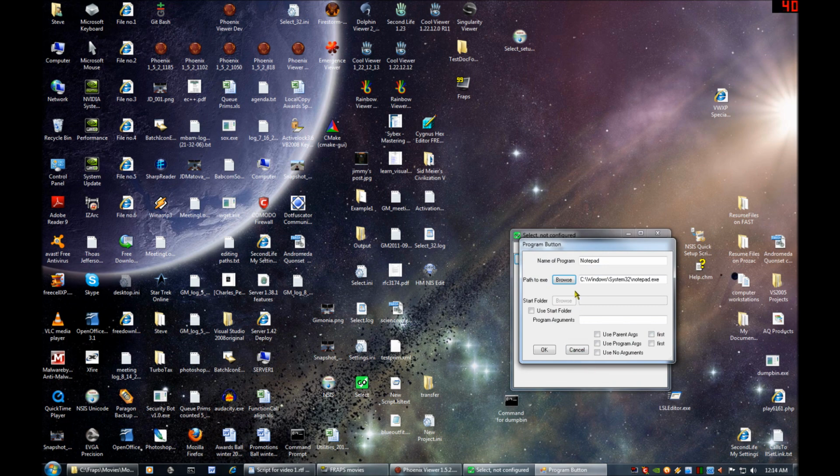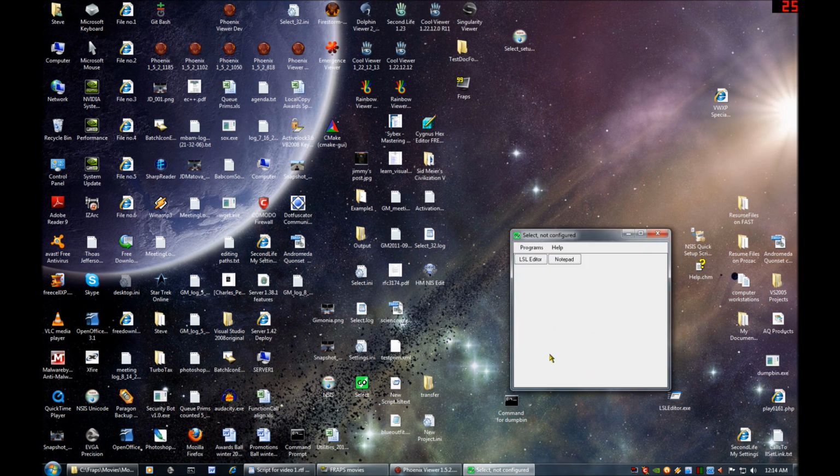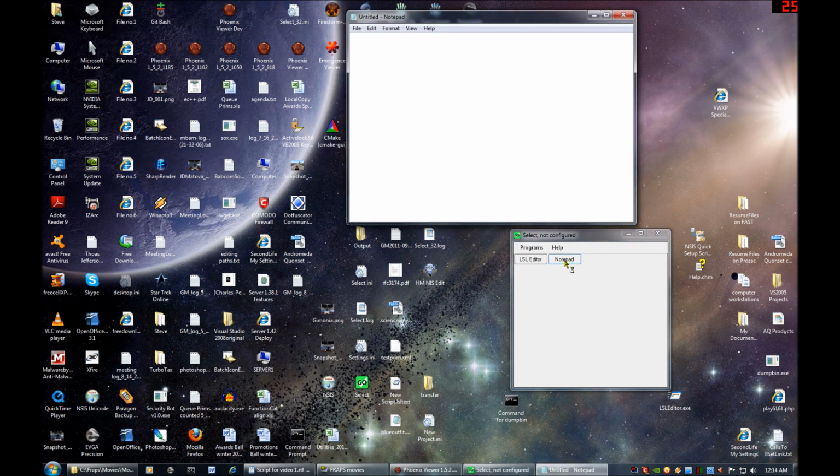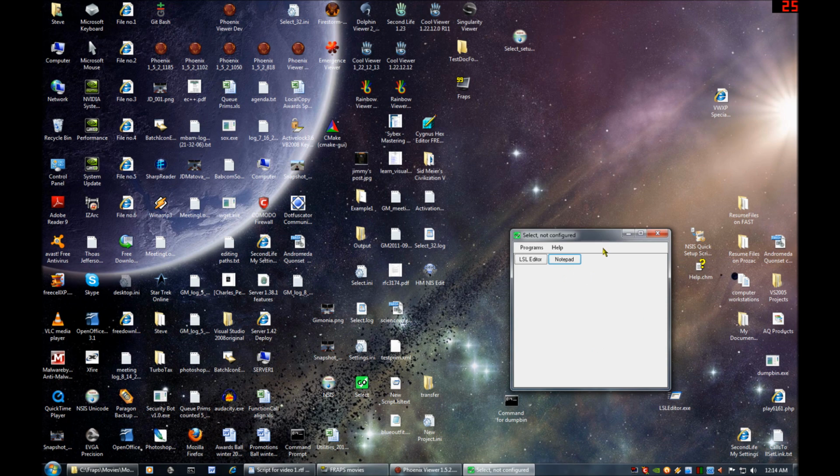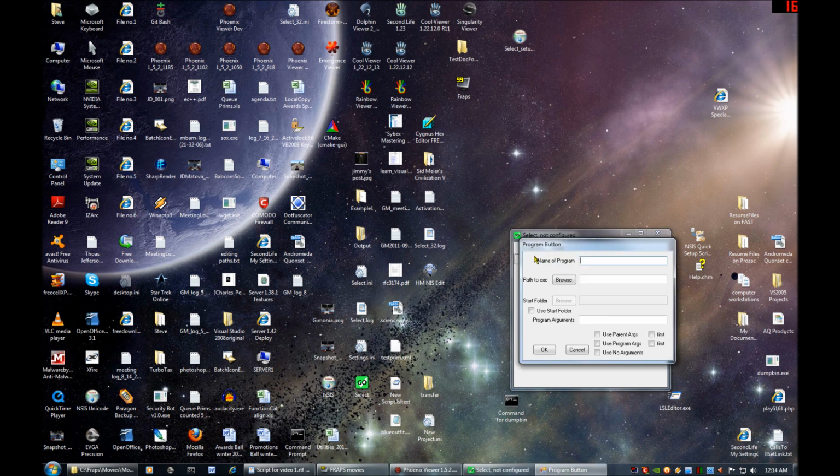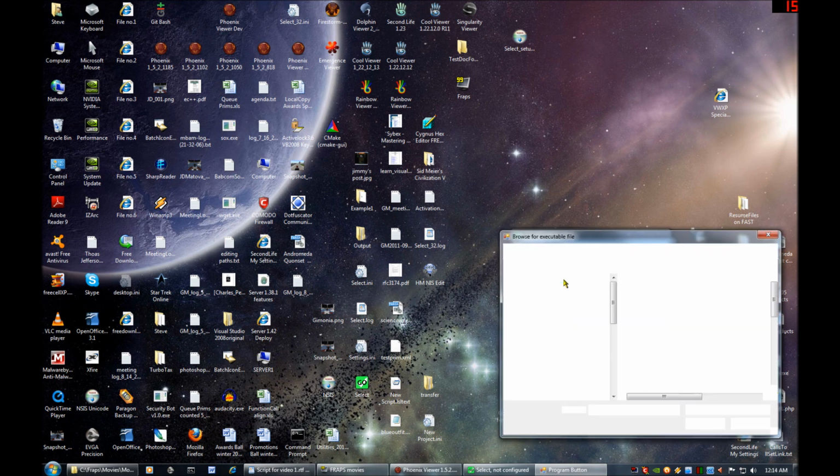Now we have Notepad. Again, we have to tell it to use parent args for this demonstration, and then press OK. Now we have a Notepad button. And if we press Notepad, see Notepad opens. Okay, close Notepad. Now we want to add WordPad. So press Programs and Add. Name of program is WordPad. Browse,